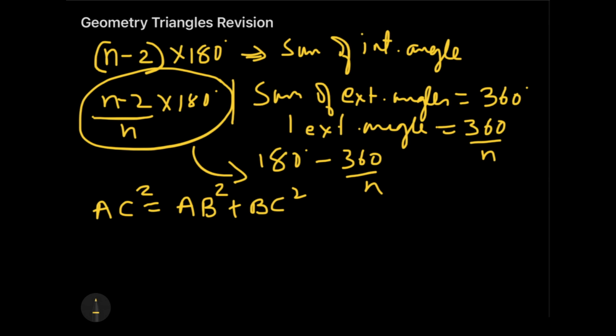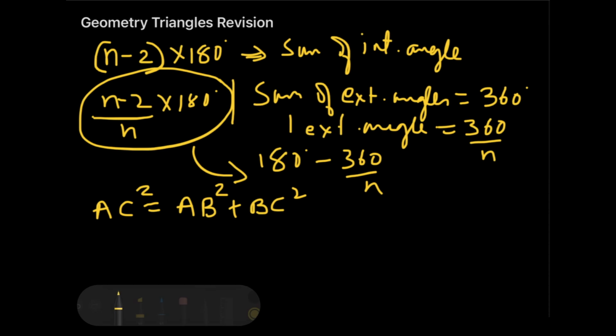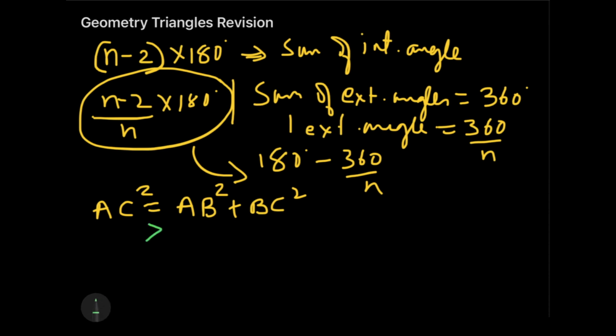If I'm trying to find out an obtuse angle triangle, so the same case for the obtuse angle triangle will be greater than. That means AC square, that is the hypotenuse square, will be greater than the sum of the squares of the remaining two sides. This is the case of the obtuse angle triangle, and for the acute angle triangle the same thing will go as less than. So the square of the hypotenuse would actually be less than the sum of the squares of the other two sides. I don't know how many of you knew this before, but this will really help you in the range related questions.